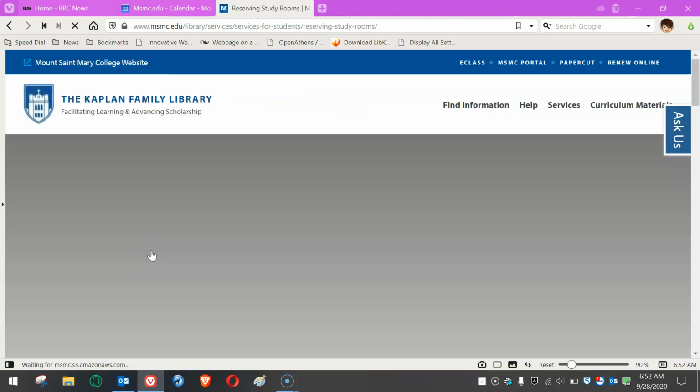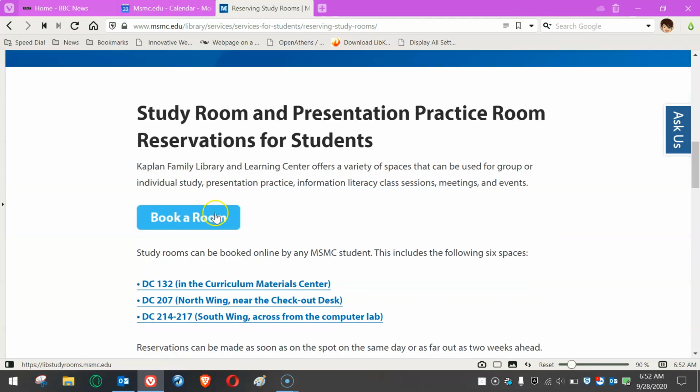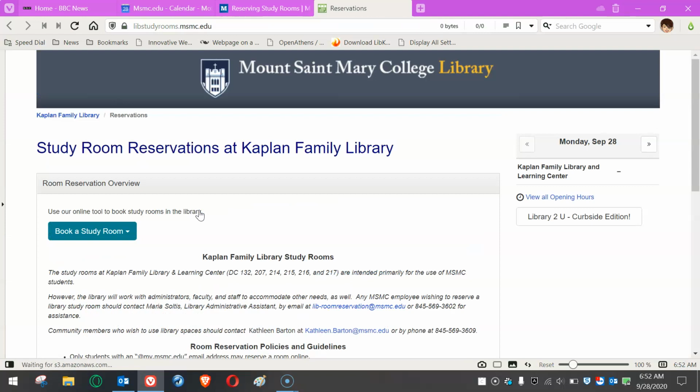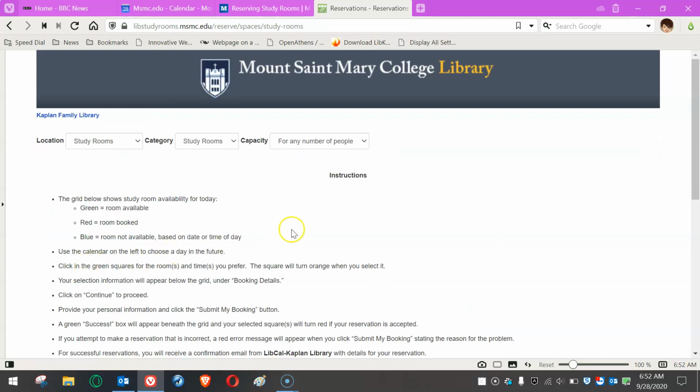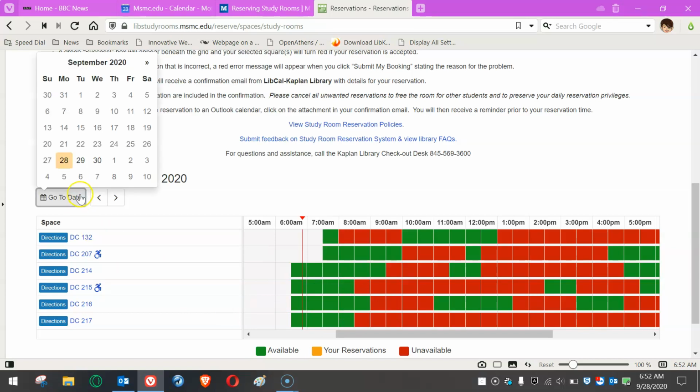In fact, if you click on that, you come to this screen, and with booking a room and then book a study room, and from the drop down selecting study rooms, you will get an overview of what rooms are available. Those in green are still bookable, those in red are not, and you can also select dates ahead of the current date and see what